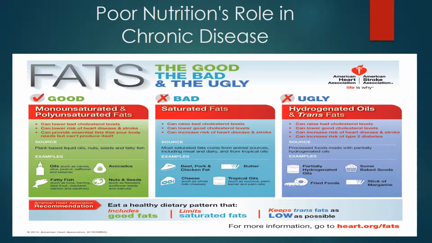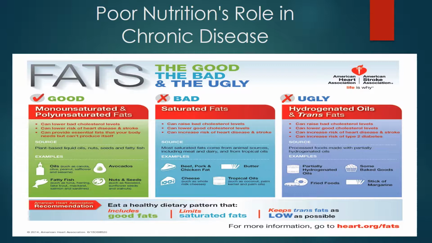The good fats also help to support the body and can be found in healthy plant-based oils, avocados, nuts, and seeds like flax seeds, sunflower seeds, and walnuts, as well as fish such as tuna, salmon, and trout. It is important to eat the good foods more often than the bad.